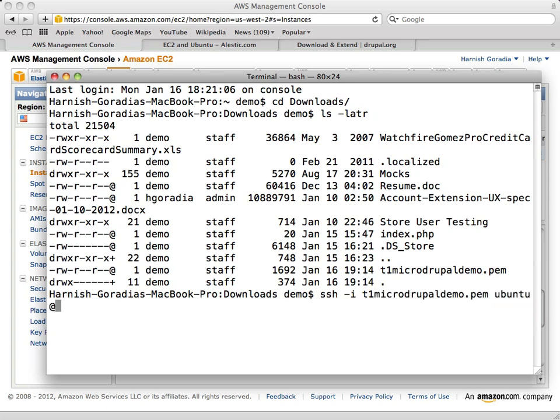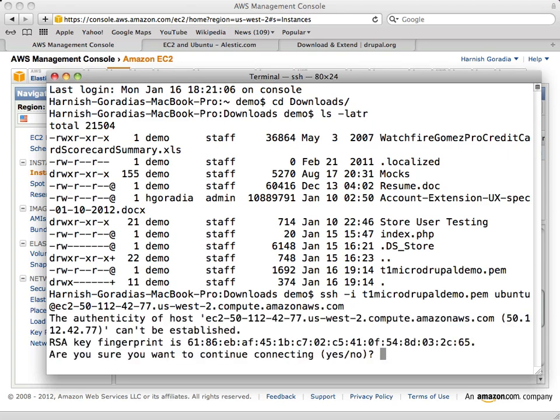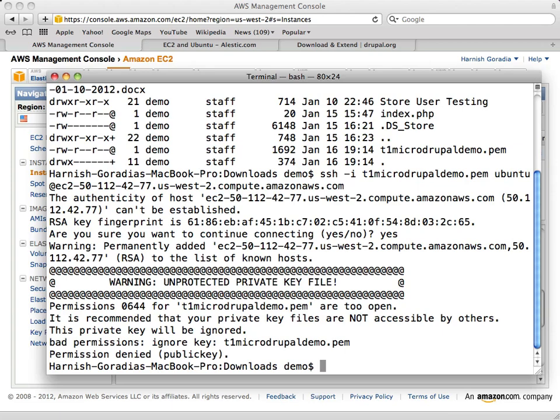Again, all the instances that Eric Hammond has built or that Canonical builds is for the username Ubuntu at something. Ubuntu at, this is the public DNS of the server. See what happens here. Oh, this might, no, this won't go through. Look at what happens. It's an unprotected file. Its file permissions are too open. So I need to change that.